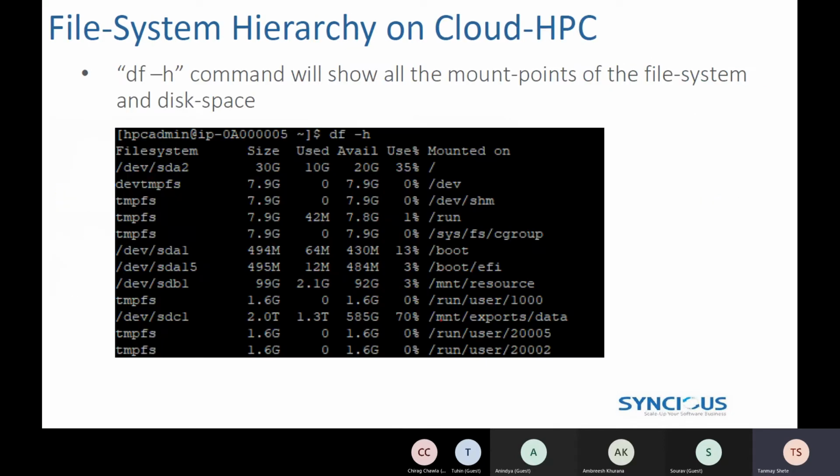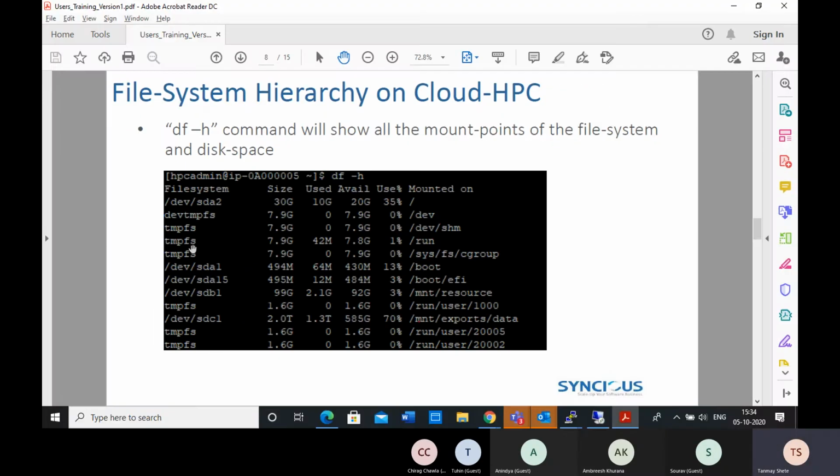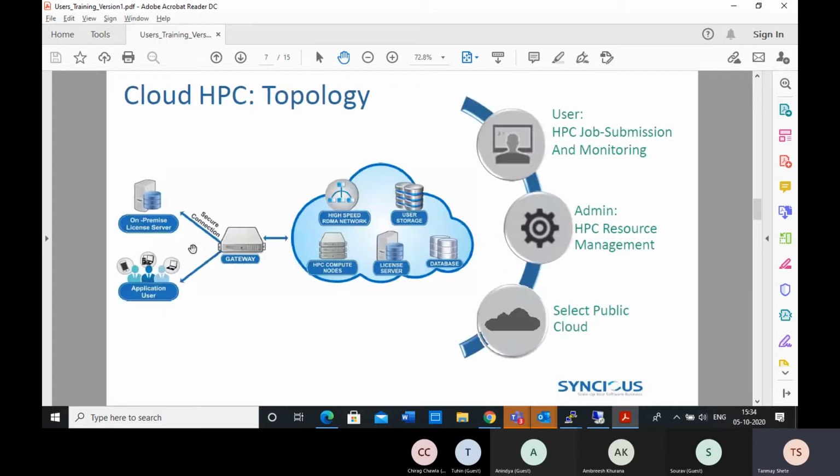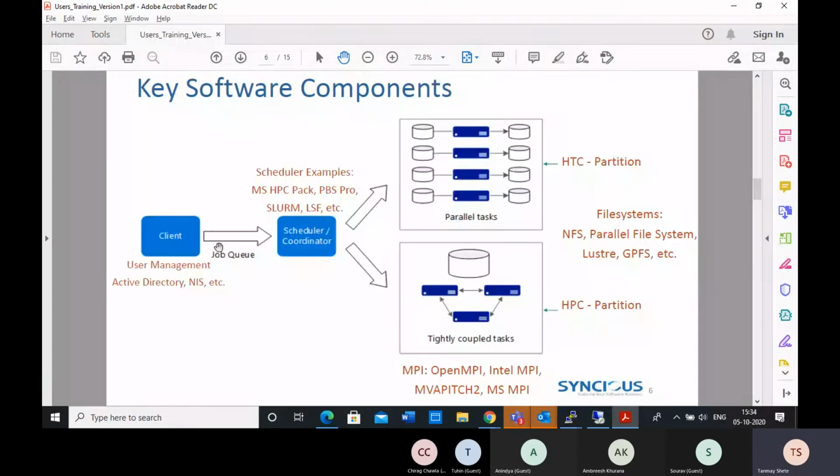Now I think we should directly jump onto one of the sessions that I am going to connect to. So it is like this. I am going to connect to, say, the master node or the scheduler node through SSH, and then